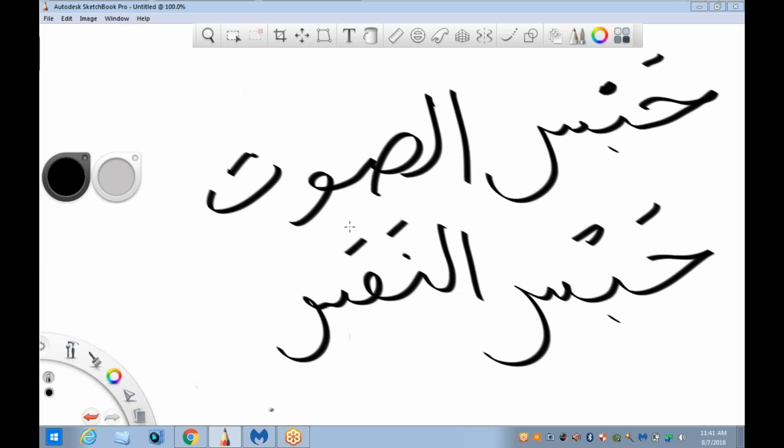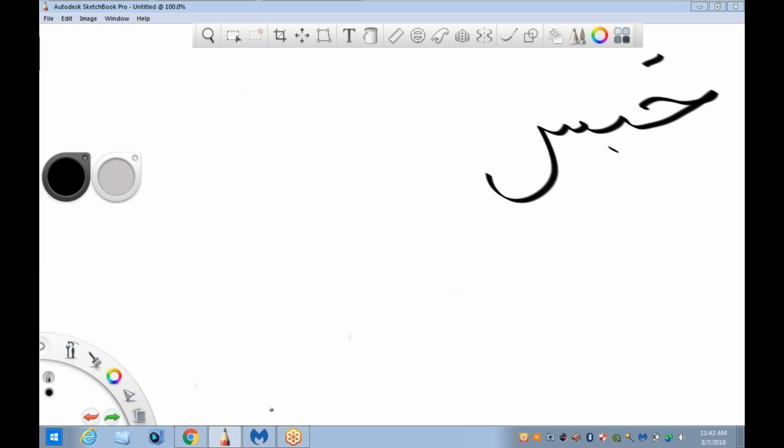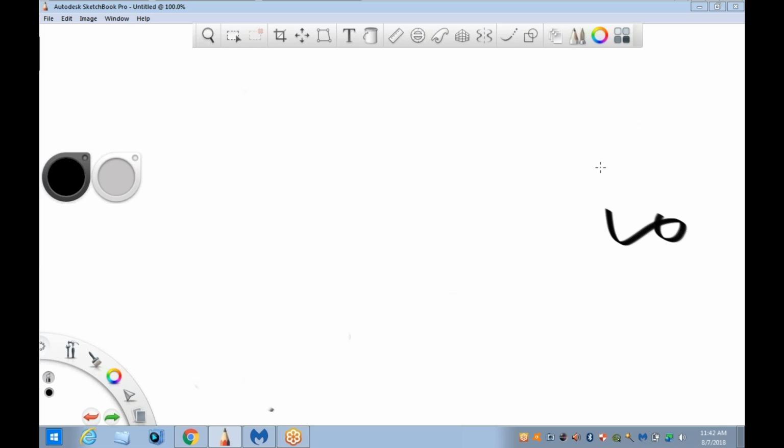So we have letters that are distinctive by these things. This has air and sound. This has no air, no sound. This has sound, no air. This has air, no sound. So for the letters that share a makhraj, the difference between them is these issues. Okay? Now, what are we going to say about the hamza, this hamza that's in this word?